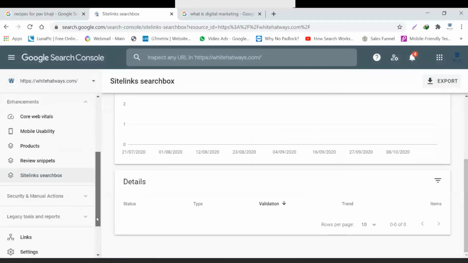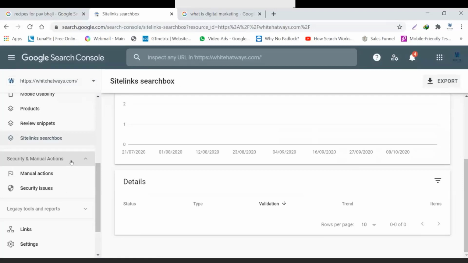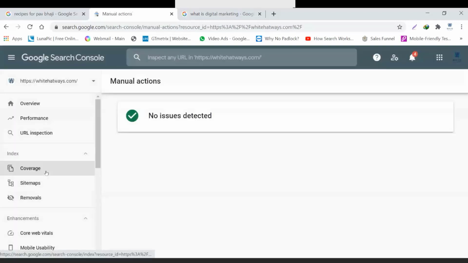Let's move on to these sections wherein you would get to know if there is some penalty Google has levied because of something wrong that you have done with respect to your search results or your website. So Google is going to levy you some kind of penalty. Any such penalty, if Google has levied on your website, would be reflected in the manual actions. Over here Google is going to tell you that we have taken this action against you or your website because you have done this particular thing. This is something wrong that you have done. Because of that, we have put a manual action on you.